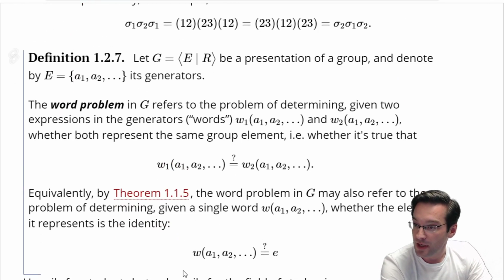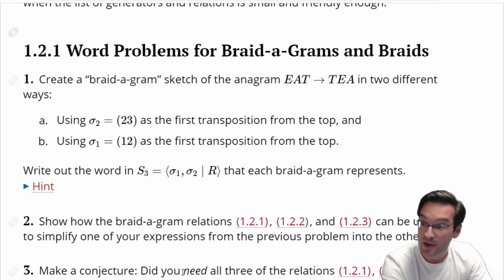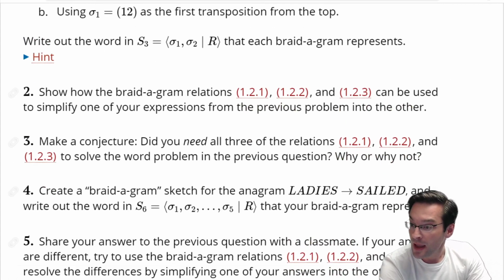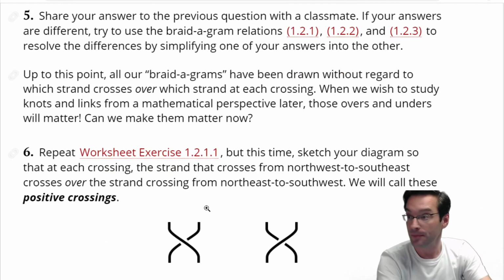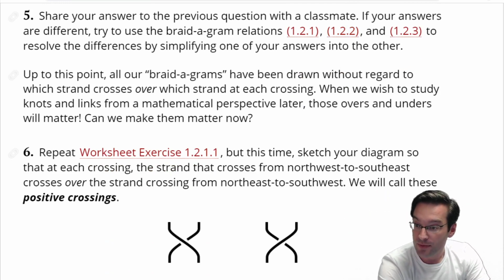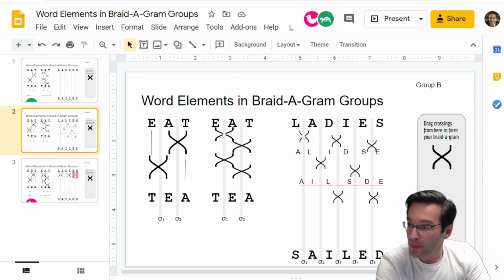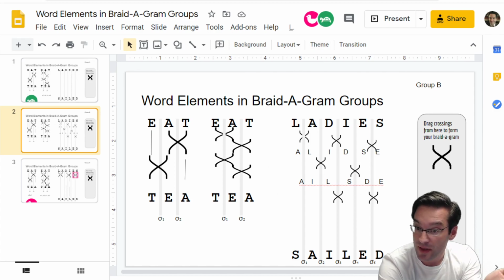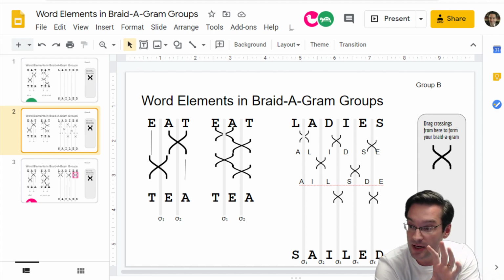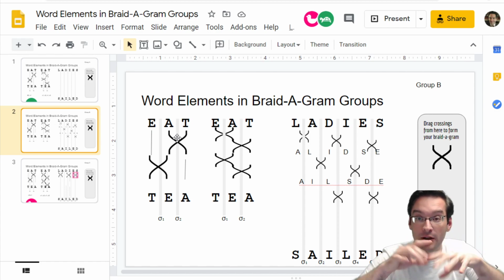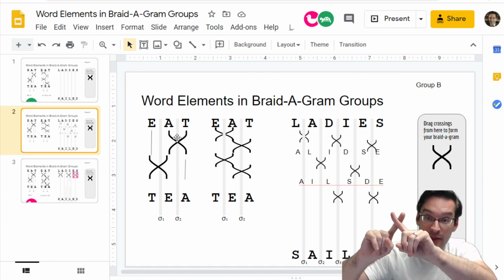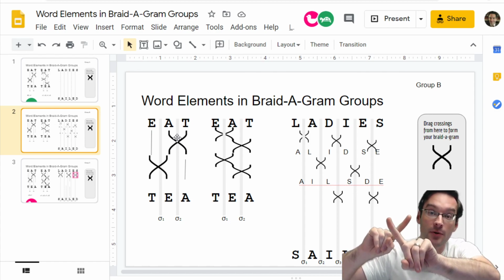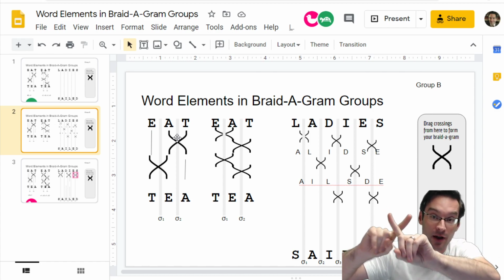So you had the opportunity to do some algebraic computations with those, sketch some Braid-a-Grams, and at the end of it, what I asked you to do is to soup that up just a little bit more. So you built a Braid-a-Gram that represented these different permutations. And then I asked you to do the same thing, but instead of just thinking of this undifferentiated crossing as being the thing that I make my Braid-a-Grams out of, I then asked us to consider what happens if we want one of those strands to be an overstrand and the other one to be an understrand,